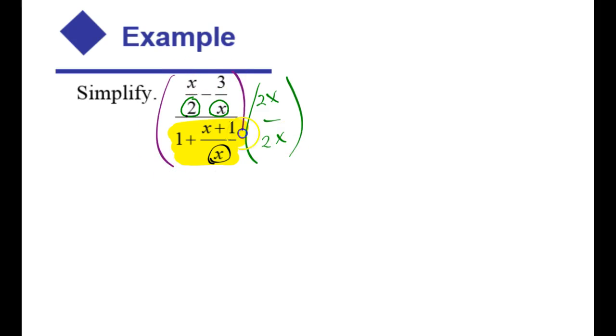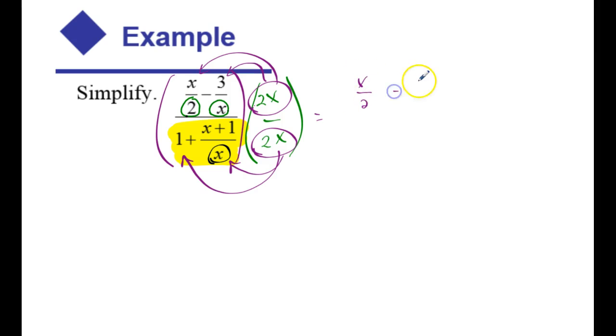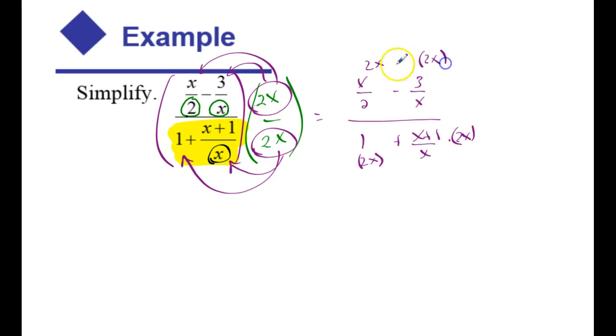And I can multiply any fraction by 1 and still get an equivalent fraction, but you have to multiply this 2x to every term. So either I could draw these little arrows to signify that I'm multiplying by every term, or I would recommend that you write 2x on every term. So it'll look like this, times 2x, times 2x. So I'm going to multiply, so I've distributed that to every term, and then